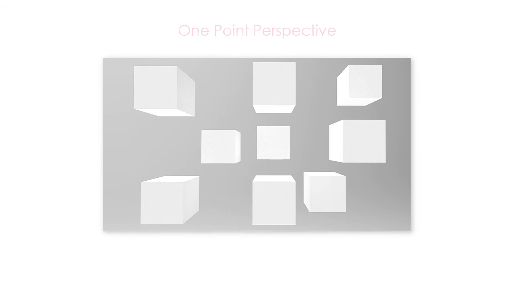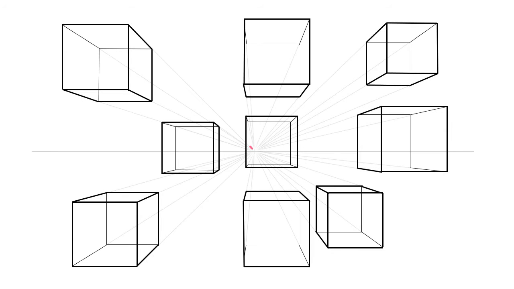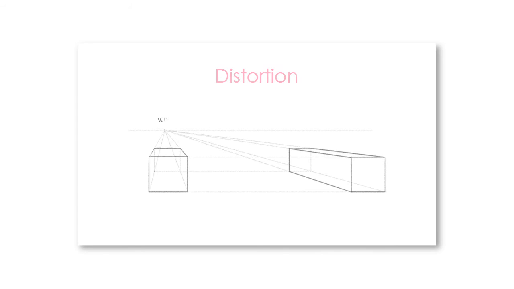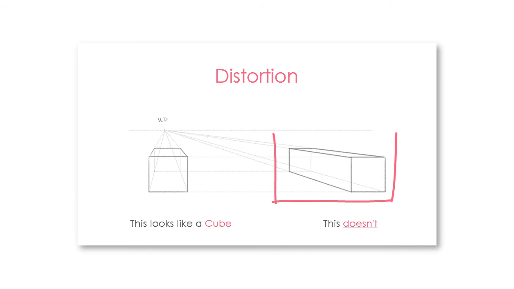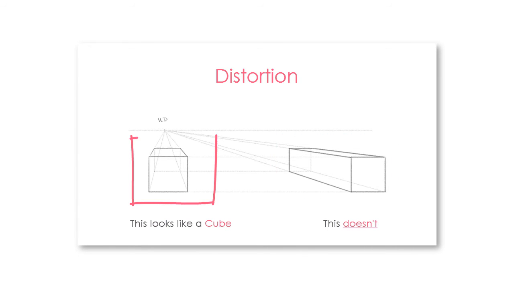The most important thing to remember when drawing 1-point perspective is that the objects we draw must be positioned facing the viewer, and the vanishing point must be right behind them within a certain threshold. If the vanishing point was to displace to the right or to the left, we would get a wrong perspective. Do you see the difference? This box looks distorted, while this one appears to be correct.